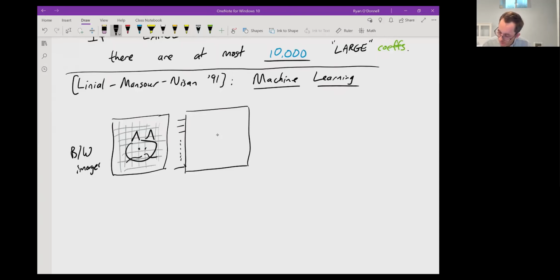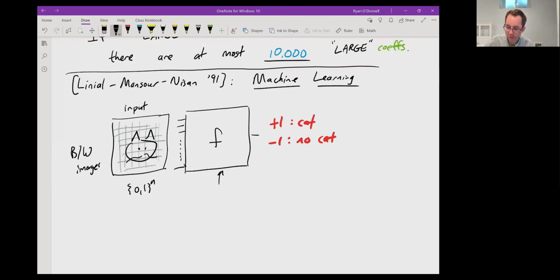So you imagine that there's some program out there that can take as input a picture represented as a string of 0s and 1s if there are n pixels, and then it's supposed to output +1 if there's a cat in the picture and -1 if there's no cat in the picture. And somehow we know that this is possible because our brains can do this function f. Our brains can take in a picture and output yes or no, there's a cat in there. Okay, maybe there's some edge cases if it's hard to tell if there's a cat or not. But the idea with machine learning is we know there is some classifier out there, f,